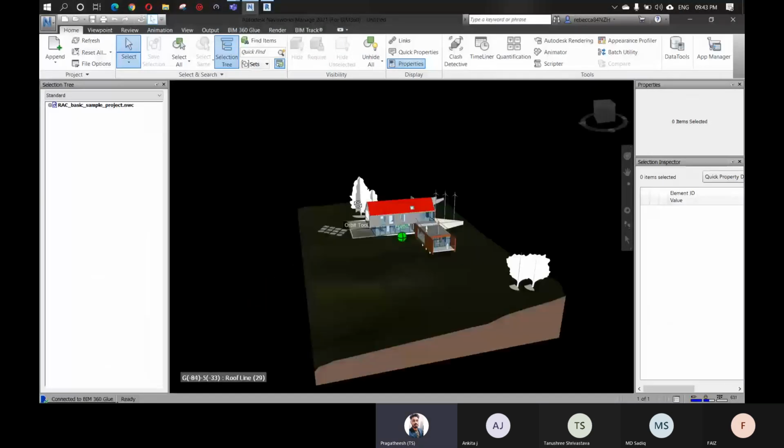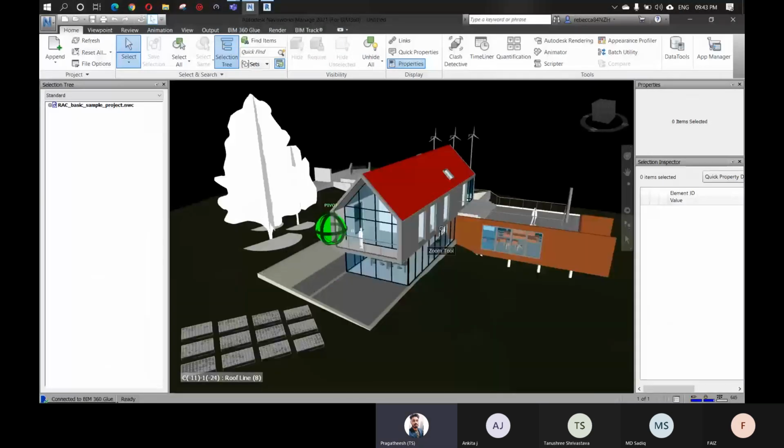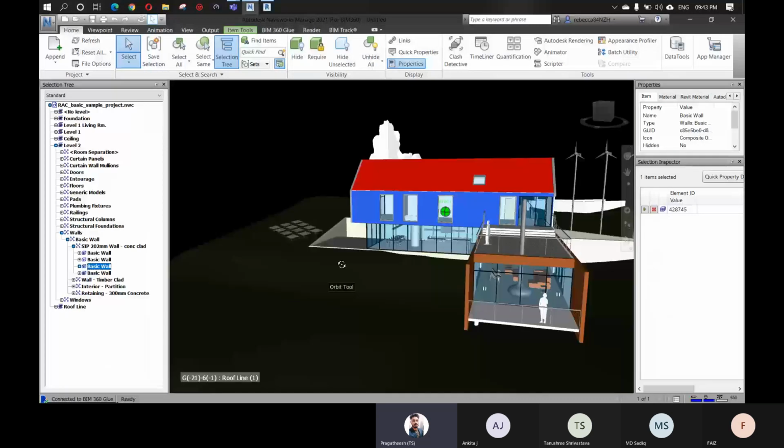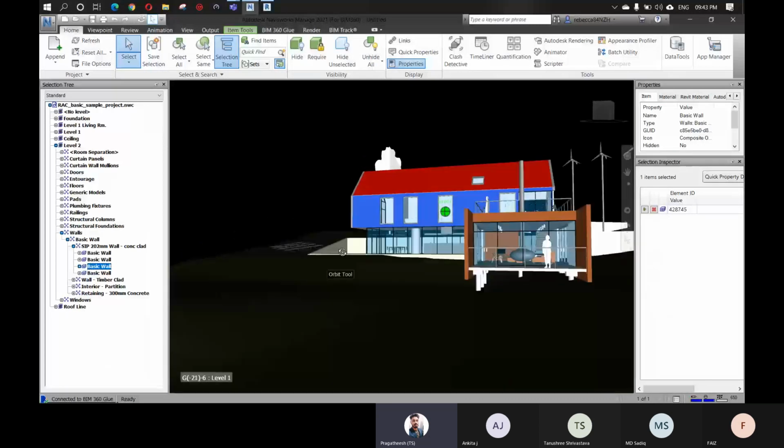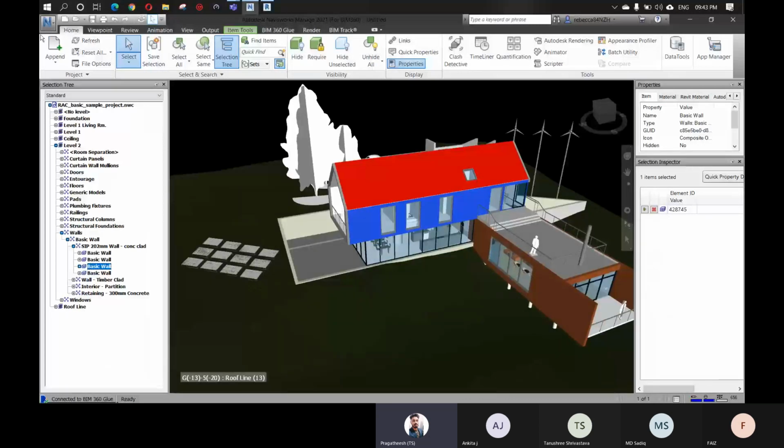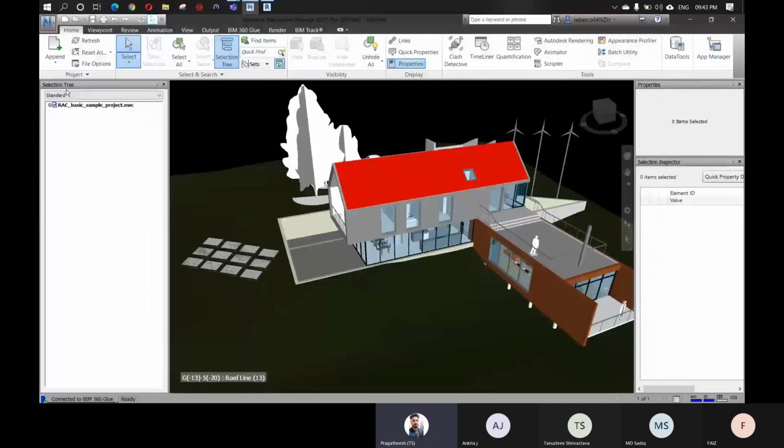Now we have appended a Navisworks cache file, so we can do all the things that we want to do here. But if you are appending two or more files, that will become an NWF file. For example, I'll open a new one.